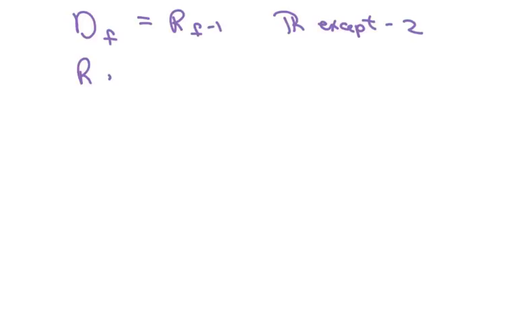The domain of f equals the range of f inverse. So remember, the domain of f was all real numbers except -2. And for the range, we have the range of f equals the domain of f inverse. And recall that was all real numbers, but except 0. All right. Now we're going to graph these,